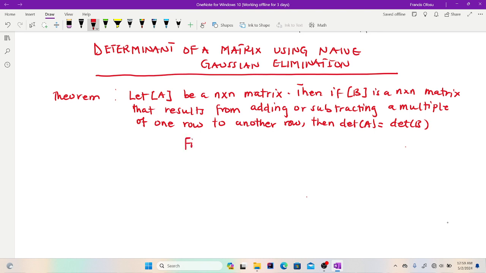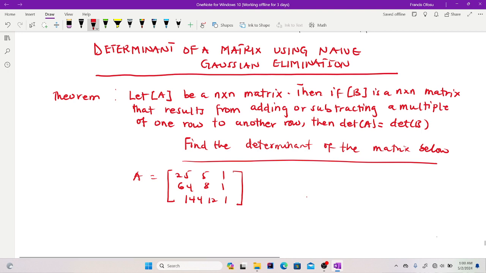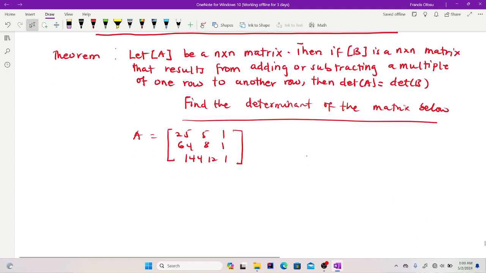Find the determinant of the matrix below. So the matrix is matrix A, giving us 25, 5, 1, 64, 8, 1, 144, 12, 1. So for this matrix,